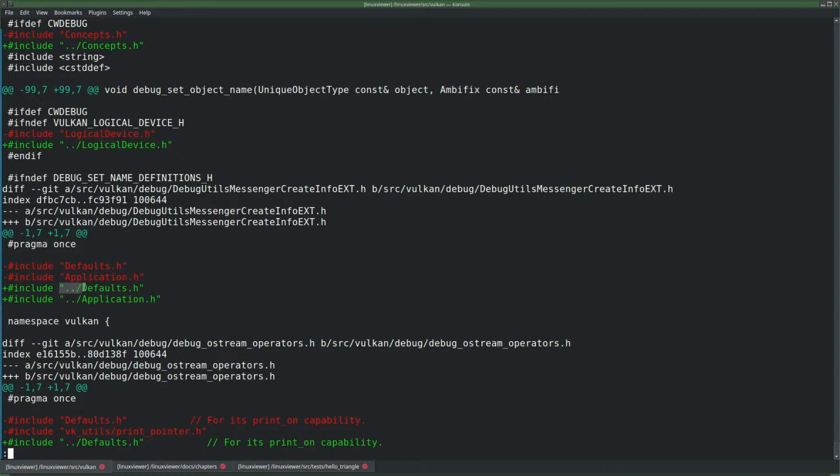Still not super happy with the dot dots. It is an artifact, I think, of being a mess.